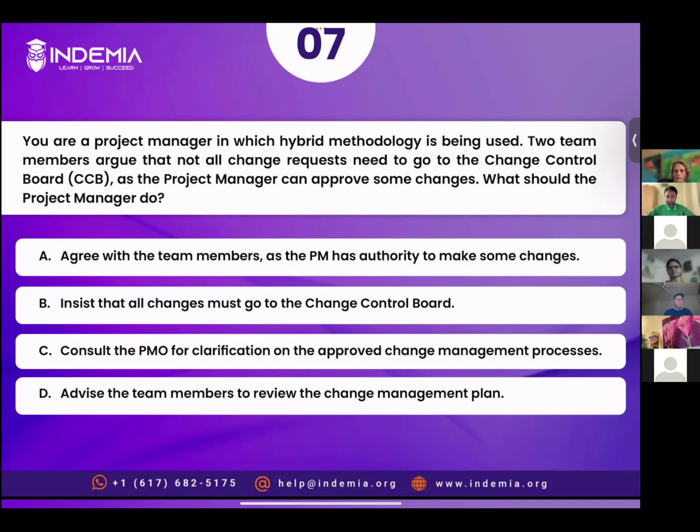Yes. As she just said, I think there's a conflict because they're using a hybrid, which combines both methodologies, Agile and waterfall. So therefore, there's this kind of confusion, like who does what. So the reason why I chose this is because with this confusion, they have to go and review the change management plan, because before the project they have to outline the responsibility of each team, like who does what in case there's some change